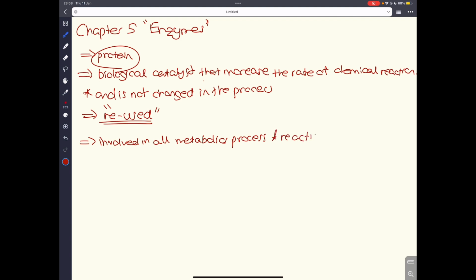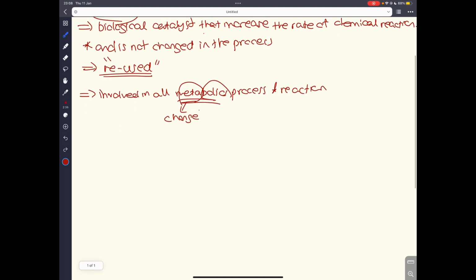Now, you might be wondering, what does metabolic mean? Well, meta really means change. Bolic basically means reaction, right? Change in reaction. Now, this change in reaction, these metabolic reactions, an example of a metabolic reaction